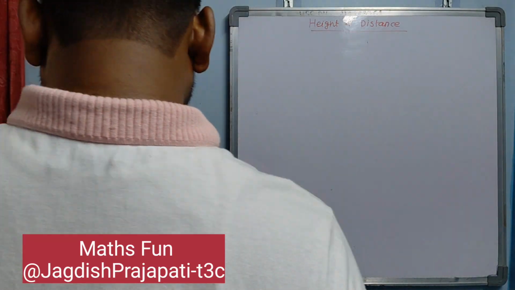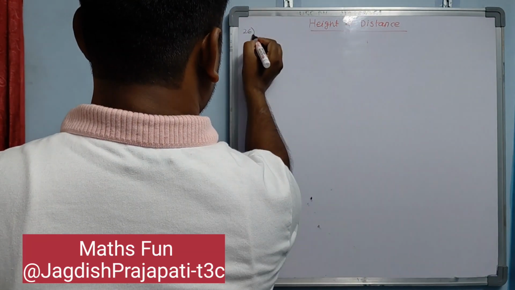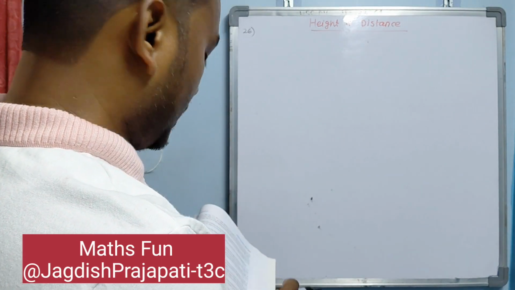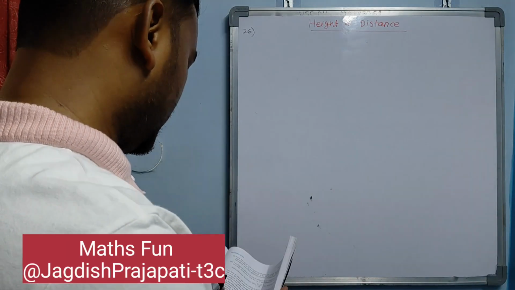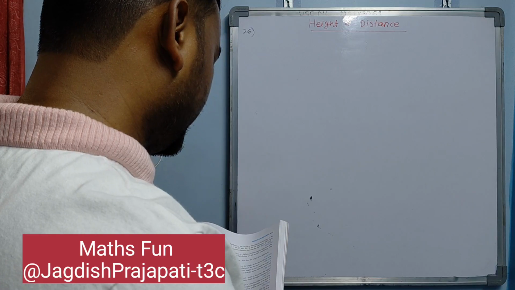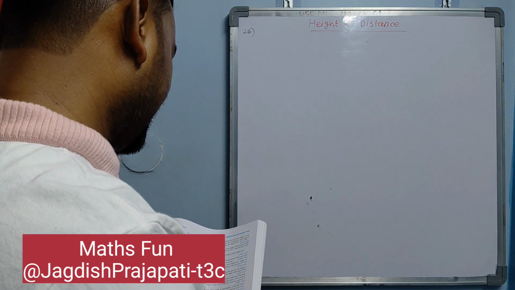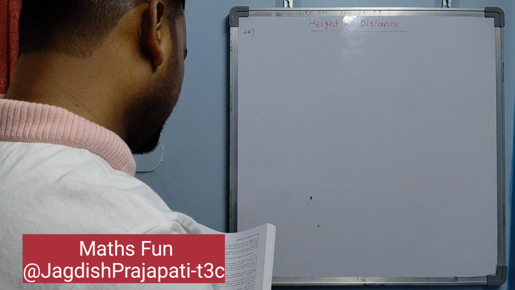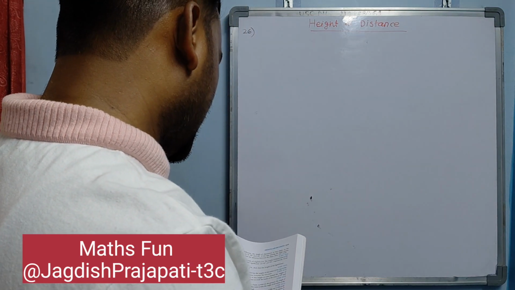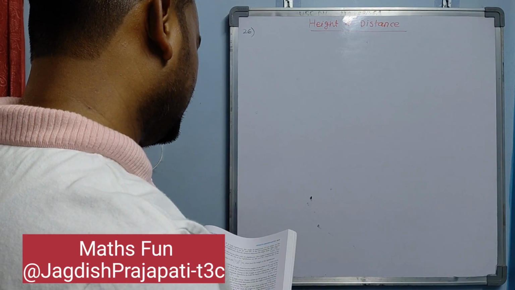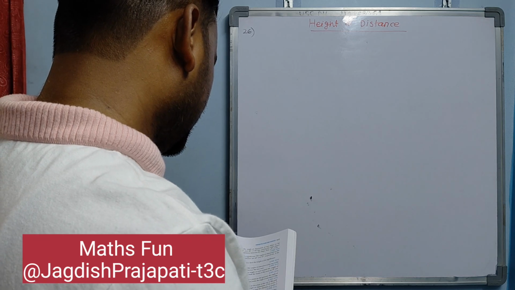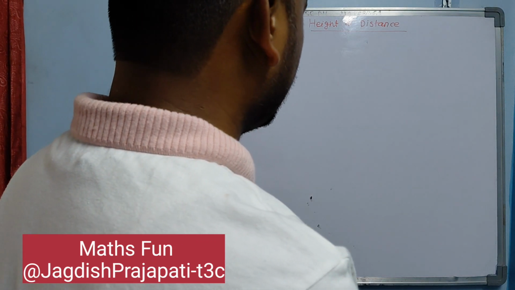So the question number 26 is, I am not going to write the question here, but I am going to read it so that you can hear this. An aeroplane is flying at a height of 210 meter. Flying at this height, at some instant, the angle of depression of 2 points in a line in opposite direction on both the banks of the river are 45 degree and 60 degree. Find the width of the river.